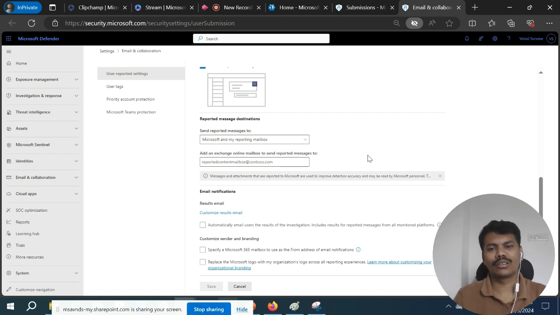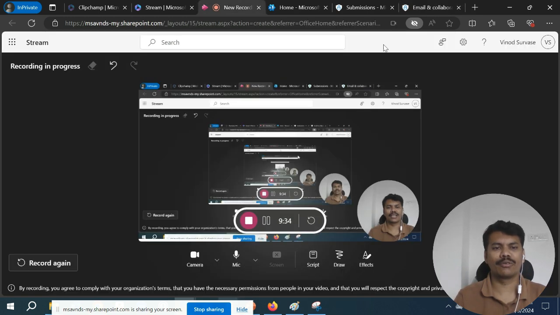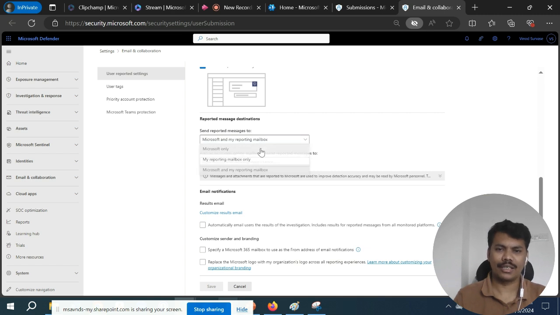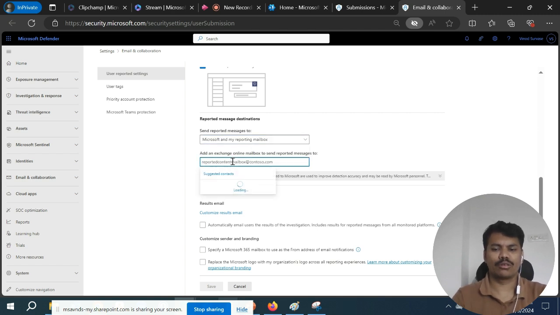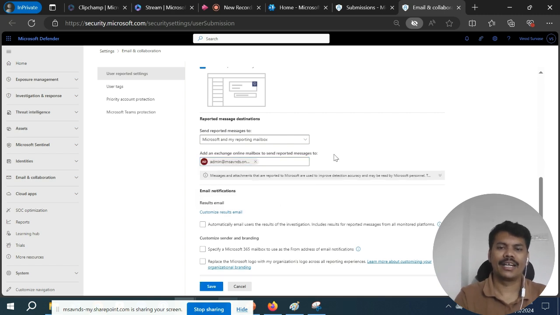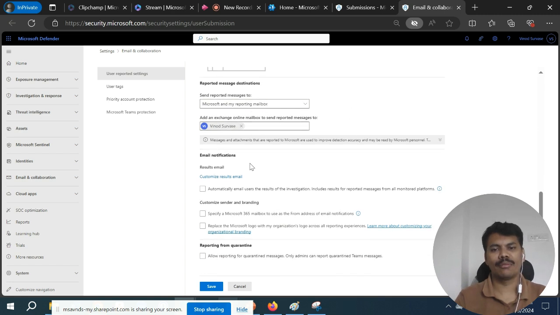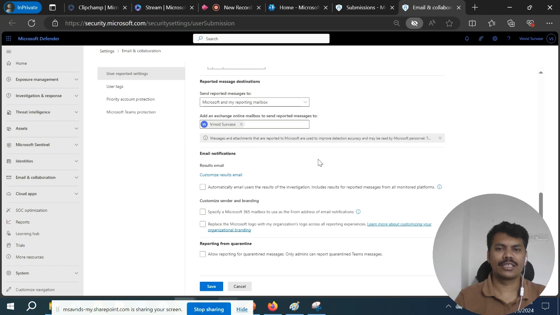So basis on that, this is going to be pretty good. And even if we don't do that as well, Microsoft has the capability to run the automation and investigation on those emails automatically, but we get more visibility in that way, right? So here I'm going to add a specific email address that I wanted to be notified, and whatever the messages are reported by users, those would be sent out to this email address that I mentioned here. So this is a mailbox I'm mentioning,